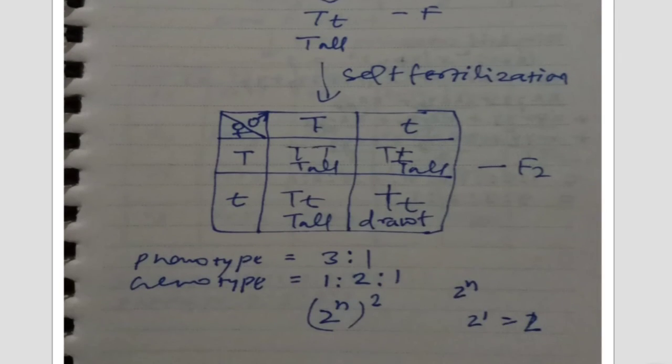When we make the F2 generation by self-fertilization, we find again that a dwarf plant can be derived. This concludes that during gamete formation, each gene segregates. So this is called the law of segregation, and each gamete is pure for a particular trait, for example either capital T or small t. So it is also known as the purity of gametes. In this way, we can say there are two laws of Mendel on the basis of the monohybrid cross. First is the law of dominance, second is the law of segregation, which is also called the law of purity of gametes.